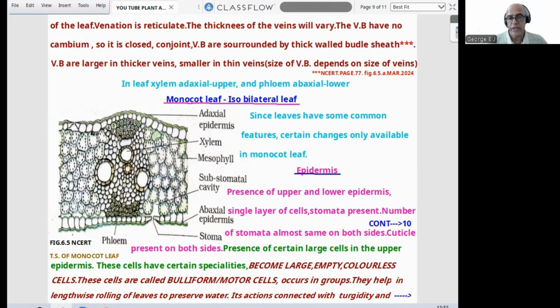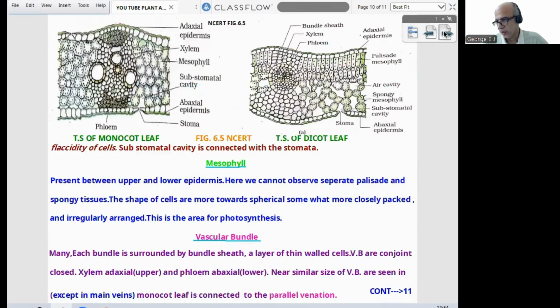Presence of certain large cells in the upper epidermis is always studied. These cells have certain specialities. They become large, empty, colorless cells. These cells are called bulliform cells or motor cells, important for exam theory and entrance. Normally they occur in bundles or groups. Their function is to help in lengthwise curling or rolling of leaves to preserve water. This action is connected with the turgidity and flaccidity of the cells. So based on whether water is available or not, rolling and unrolling takes place. So flaccidity of the cell,